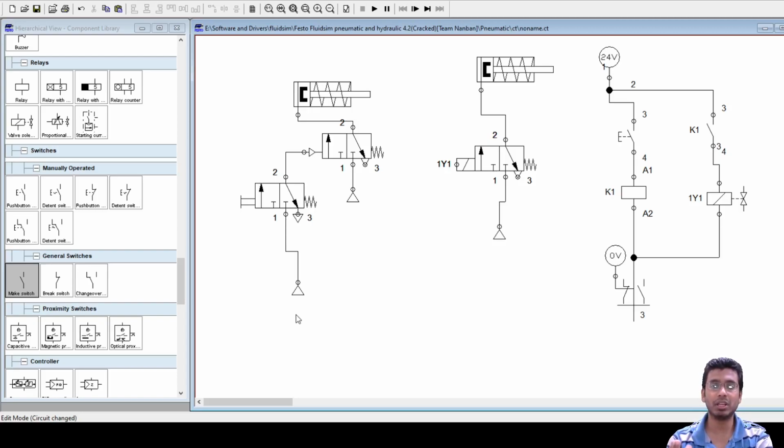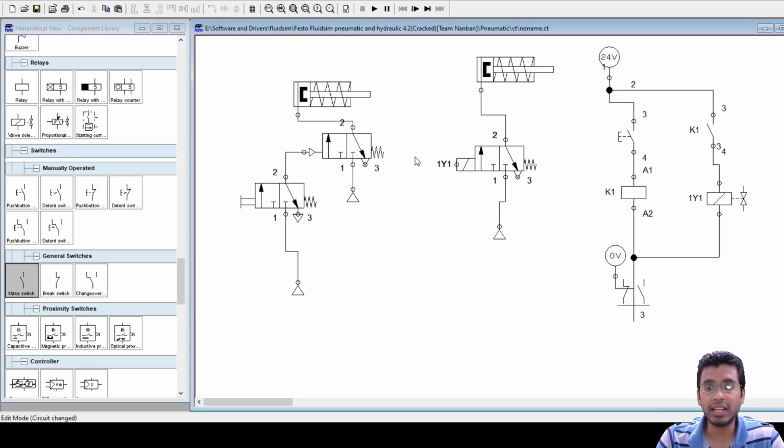Either we'll use a limit switch to detect the end position, or in the second circuit we'll use sensors, for example capacitive or inductive sensors, and we will see how the circuit diagram changes for a roller valve type of limit switch, or for normal electronic sensors like inductive or capacitive ones.